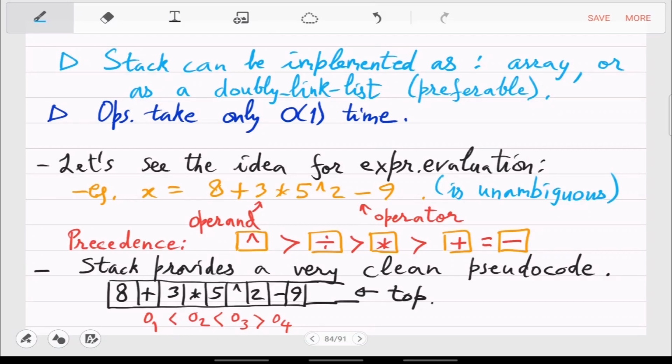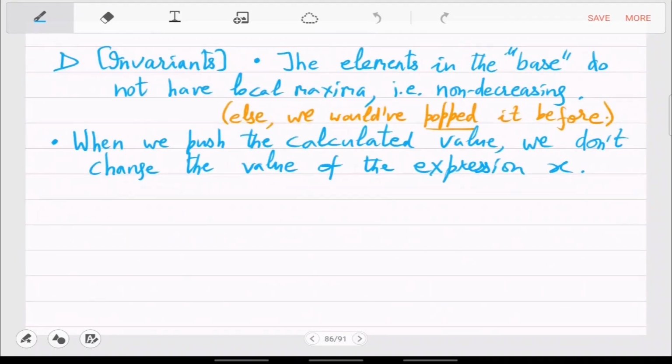As long as your precedence rule and the expression are unambiguous, there is only one answer possible, and you have to show that your stack idea is getting to that unique answer. That's the final thing you have to prove. So use the unambiguity